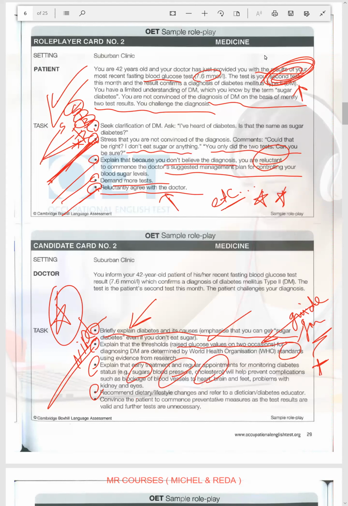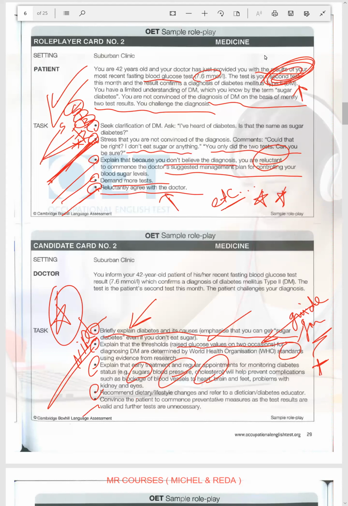What do you want doctors to do? Sorry, doctor. We have to do dietary and lifestyle modifications. It will be a good idea to refer you to a dietitian or a diabetes educator. It will be an excellent idea for us to do. Is that okay with you? Do you think you can do that?